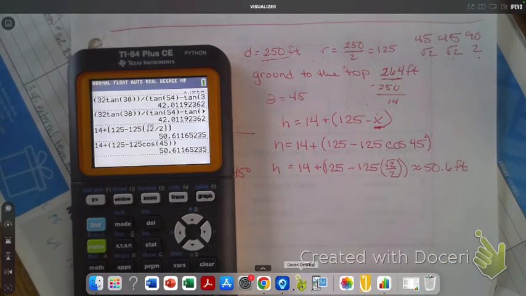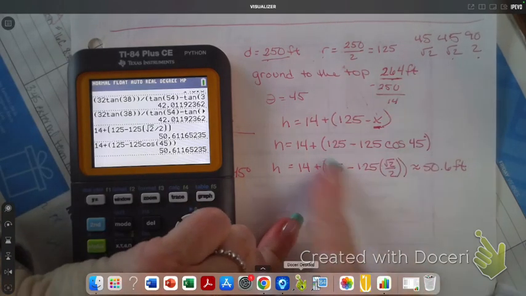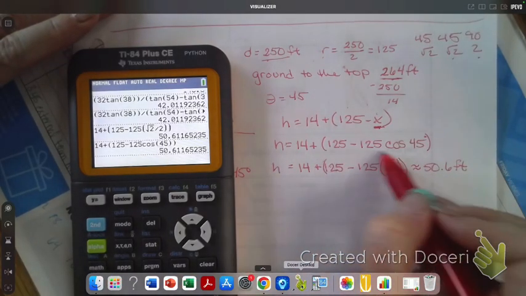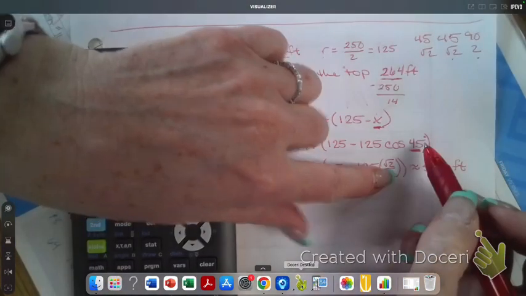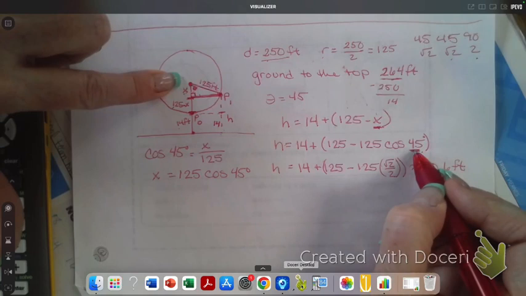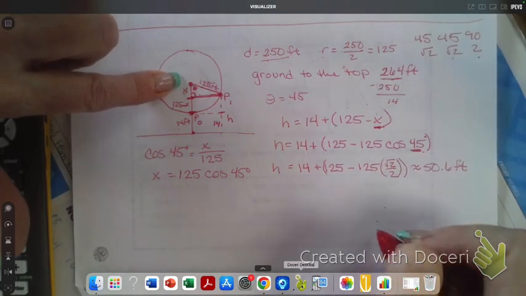Now, in your book today, in your assignment, I think you have 61, right? Yeah. So you have 61, and then they put A, B, C. So 120 degrees, 210 degrees, 315 degrees. What does that change? What's the only thing it changes in this problem once I do it once? Degrees. That angle. So if I do that all with theta, can I plug in my 210, whatever? Yeah. Okay, so